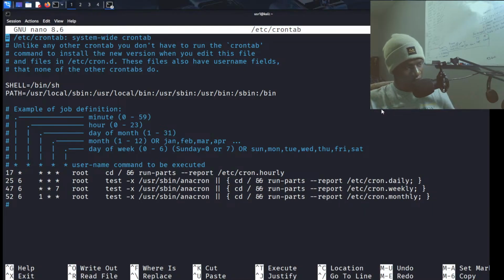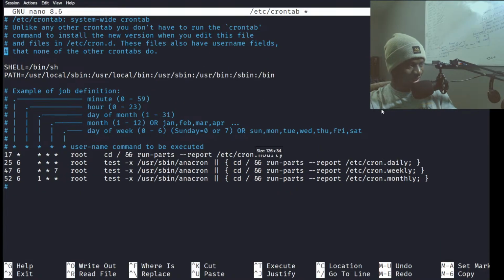Okay, so this is how they look as an example. So, the system-wide crontab, right? Unlike any other crontab, you won't have to run the crontab command to install the new version when you edit this file. And this file has a username field that none of the other crontabs have. SHELL=/bin/sh, PATH=/...